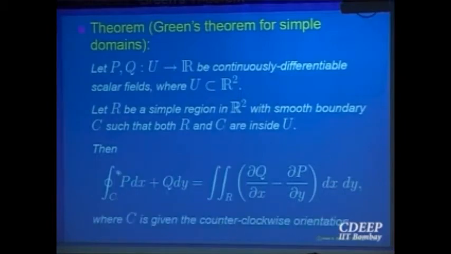Of course, this line integral depends upon what orientation you want to give to your boundary, the closed curve. So it should always be counterclockwise orientation, or what is called anti-clockwise orientation for the simple closed curve. So let us prove this. As I said, we are going to prove this theorem where R is a simple region. Simple region means what? It is a type 1 as well as type 2 region, right? So we will assume firstly that this region R, whose boundary is C, is both type 1 and type 2.